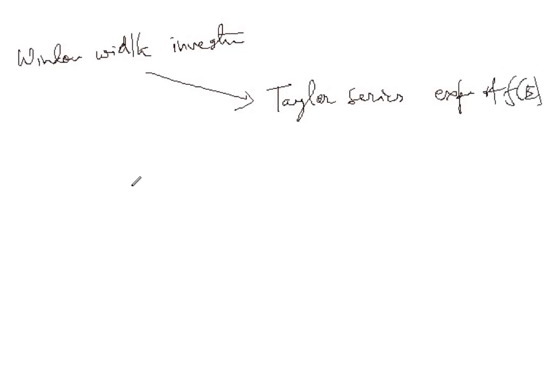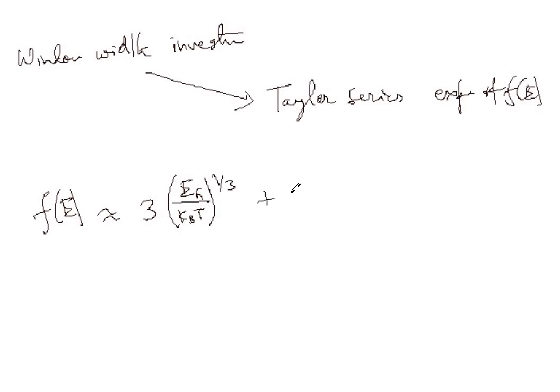If we consider the entire terms of the Taylor series expansion, then I am writing down the result. The result is like this: Fe is equal to 3 (Eg by kBT) to the power 1 by 3 plus half of